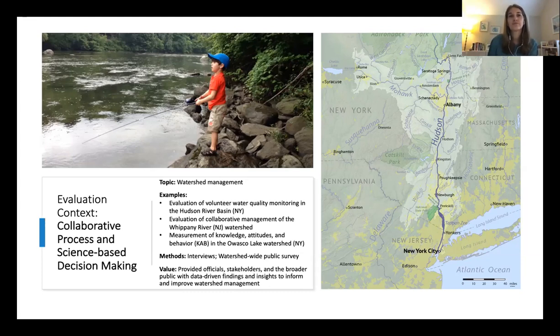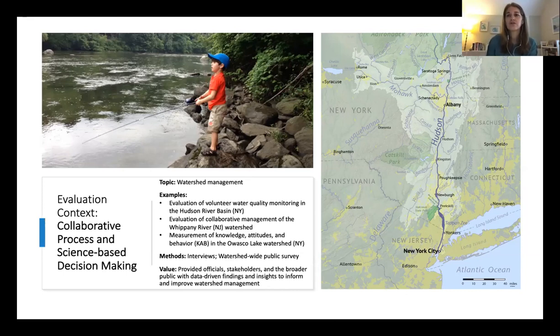And then also having an institutional evaluation approach where we used social science research methods. In that case, it was interviews mainly, to essentially assess the potential feasibility through the lens of different decision-making bodies for whether they would ever even take these kind of data seriously. So that was an interesting project and successful because the findings actually did lead to New York State establishing a program for volunteer water quality monitoring in New York State.